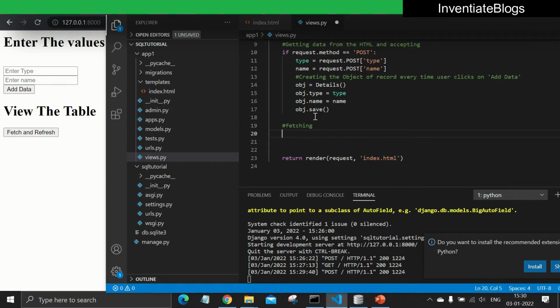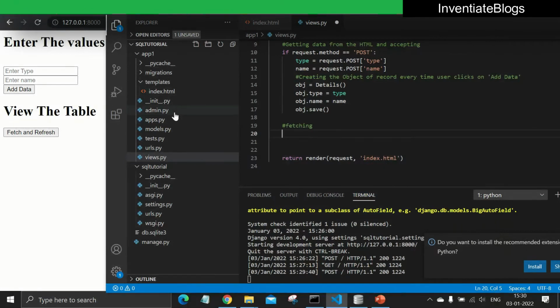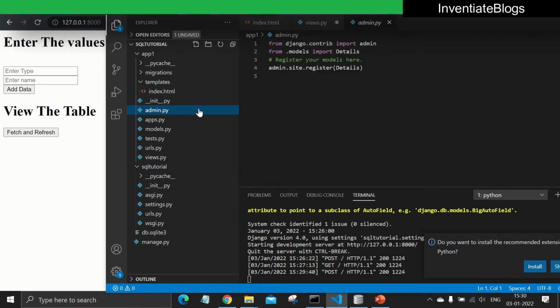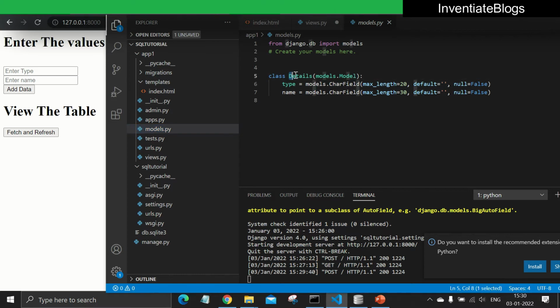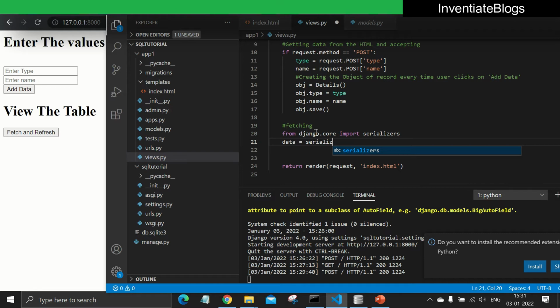To create a dictionary, you have to use serialize in Django, and just make sure you know the table name that you have created in models.py. Like in this we have created a details model in which we have the parameters type and name. Then you have to call from django.core import serializers, and then you have to create a dictionary called data, which is data equals serializers.serialize,